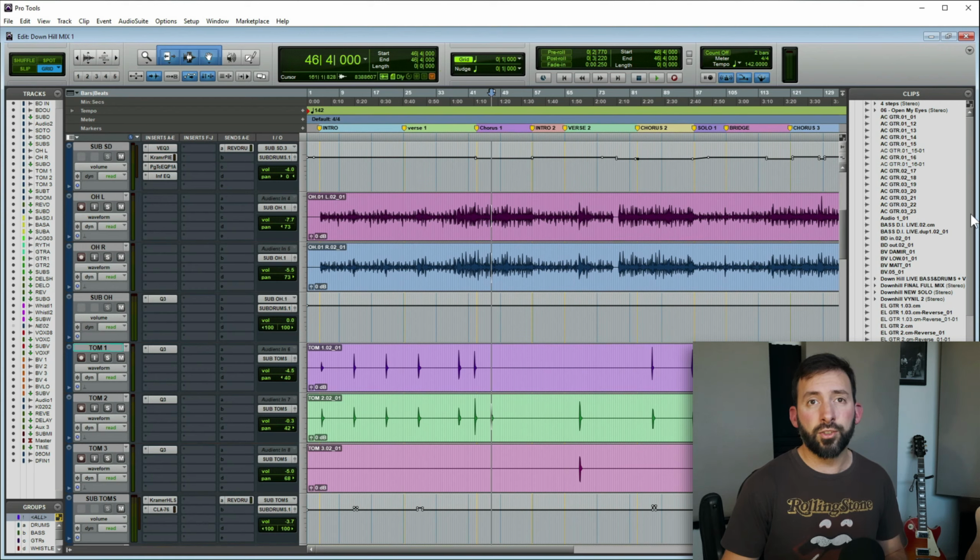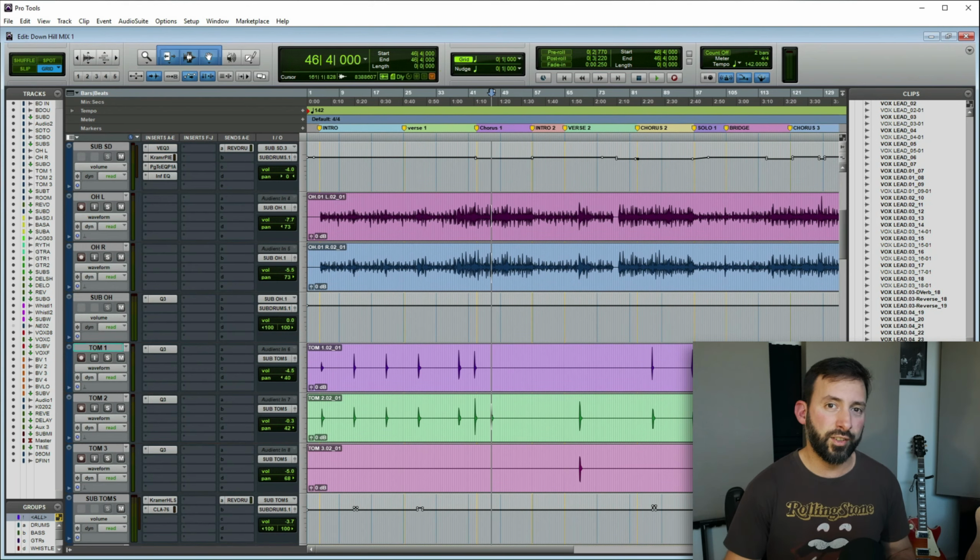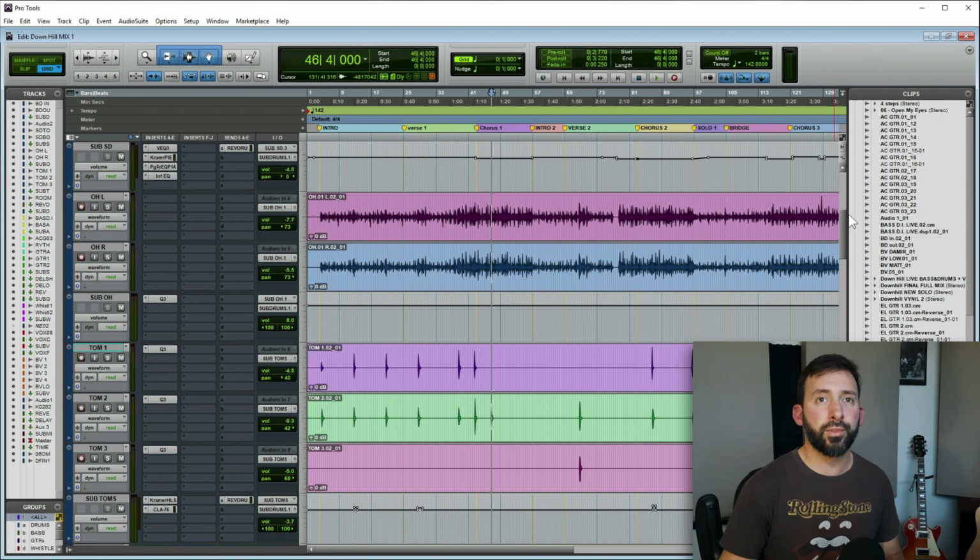But if I go to the production session, you will see that this list is kilometric. It goes forever. It's a lot of clips everywhere, and that is taking a lot of memory of my machine. So that is why I like to clean everything I can, come back with consolidated clips, and try to have the least amount of clips possible. That is just to free up some memory for the machine, because I know I'm going to use a lot of plugins, and that takes memory from the machine.